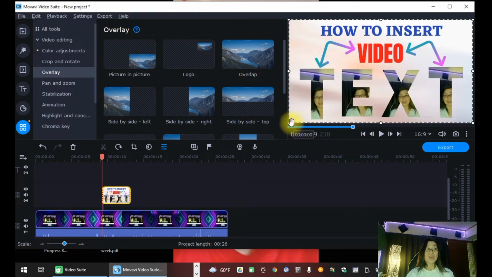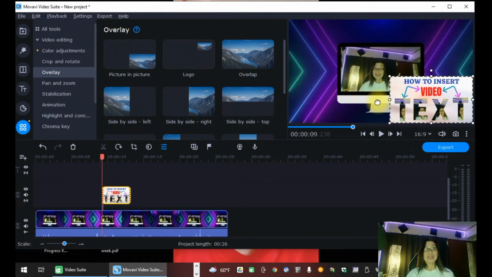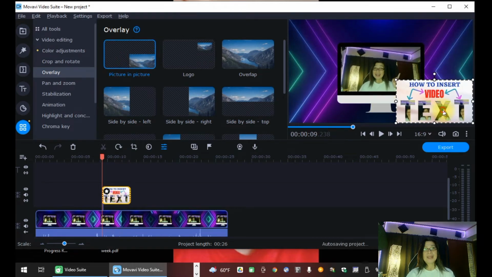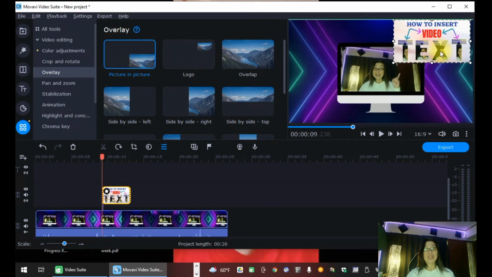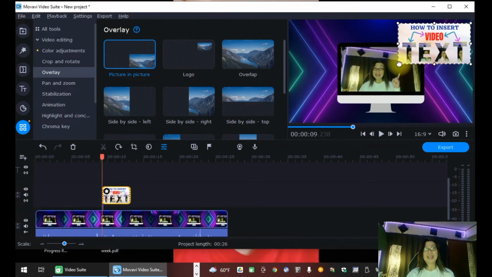Okay, so because this is so big, you can always adjust this. You can just make it a little bit smaller and then you can drag it wherever you want. Since I'm pointing here, I'm going to put it here. All right, and then you can also make it a little bit smaller if you want to. You can just adjust it. Okay, so let's do some